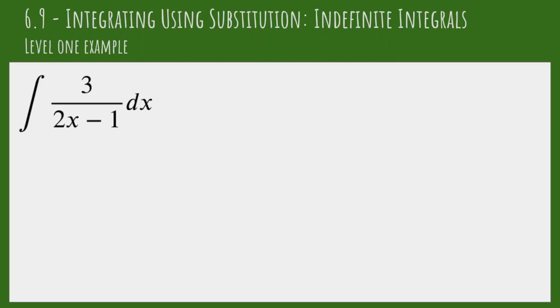I want to take a look at a variety of examples where we're evaluating antiderivatives using substitution. So let's just jump straight into it. So in a problem like this, the first thing we want to do is we want to choose a value